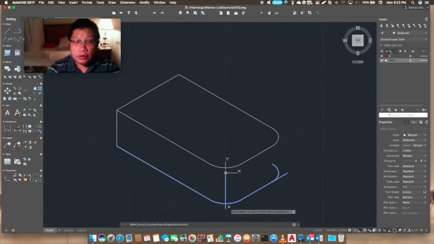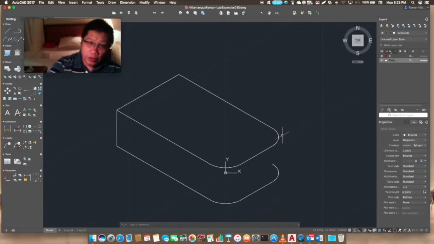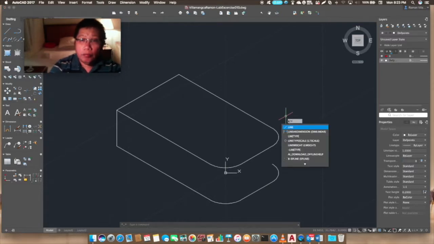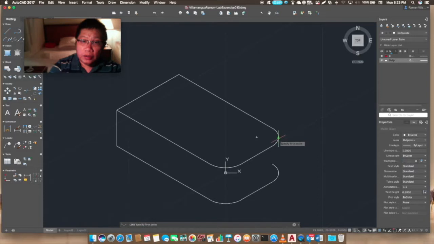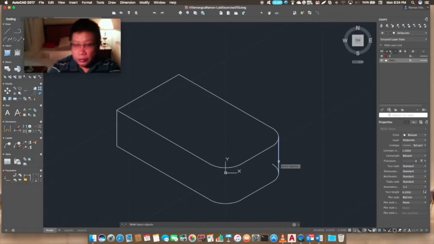This, this, and this, and this, and this. Where I can delete that. Okay. Now we can, let's draw a line here, line from here to there, okay? So let's trim again. Trim this one and this one. Now it's